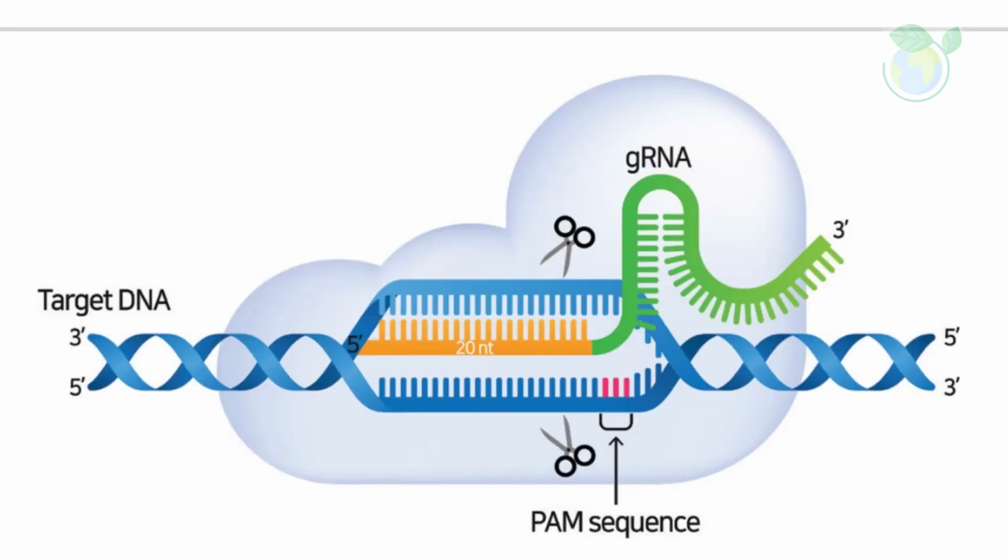Another important component of CRISPR-Cas systems is the protospacer adjacent motif, PAM, a short sequence of 2 to 6 base pairs in the viral genome that is located next to the sequence targeted by the Cas nuclease. PAMs are essential for the function of CRISPR-Cas systems because the Cas nuclease cannot cut DNA without a PAM present. PAMs ensure that only foreign viral nucleic acids are cut, while CRISPR arrays are left intact.